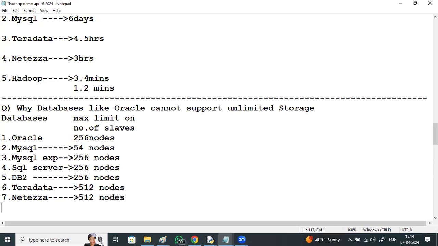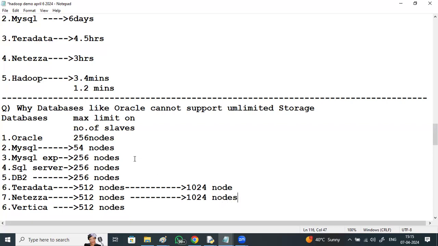There is one more database used for data warehouse purposes, Vertica, with 512 nodes. But currently Teradata and Netezza are supporting 1024 nodes, and this is also supporting nearly 1024 nodes.